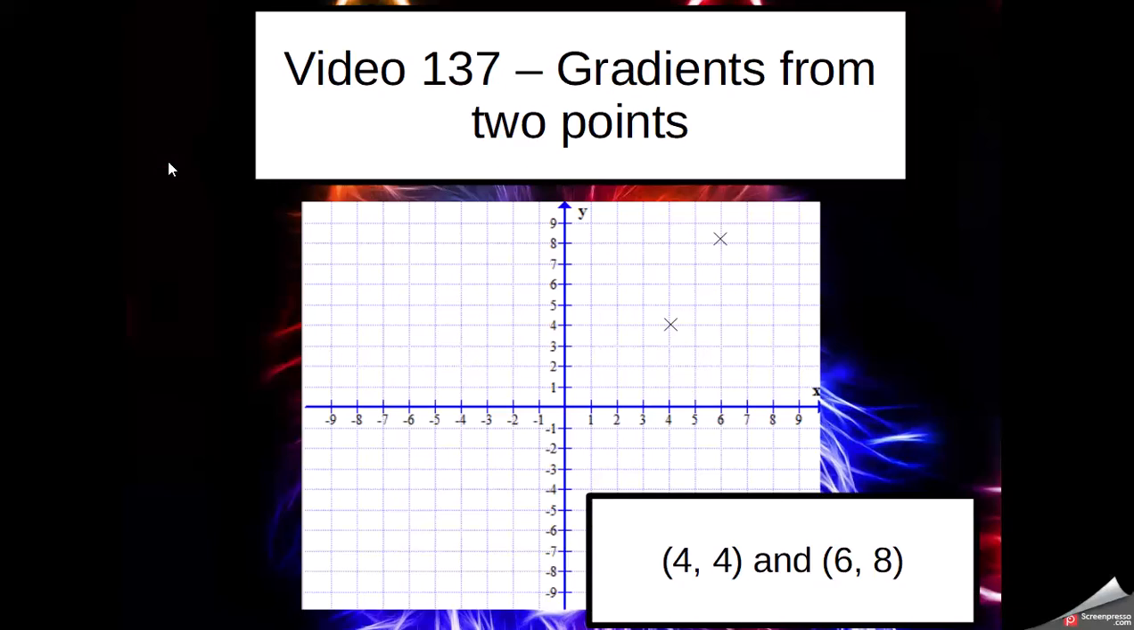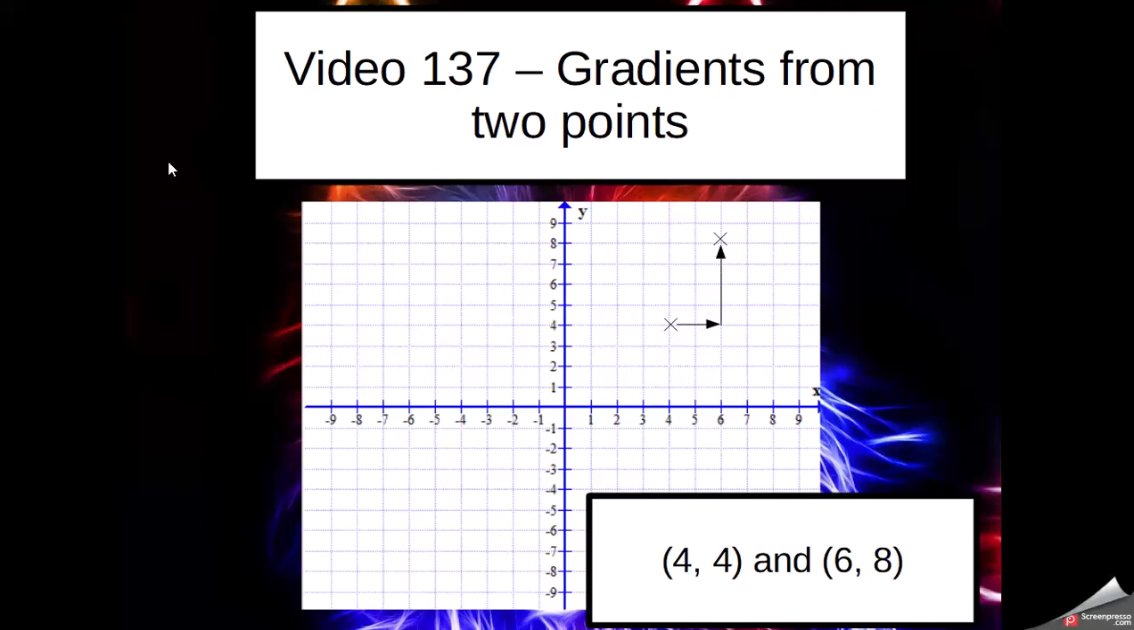They are 4, 4, so 4 across on the x-axis and 4 up on the y-axis for the first point, and 6 across on the x-axis and 8 up on the y-axis for the second coordinate. These are the 2 points that we need to find the gradient of. So the first thing we're looking at is how much we go across for x, and then how much we